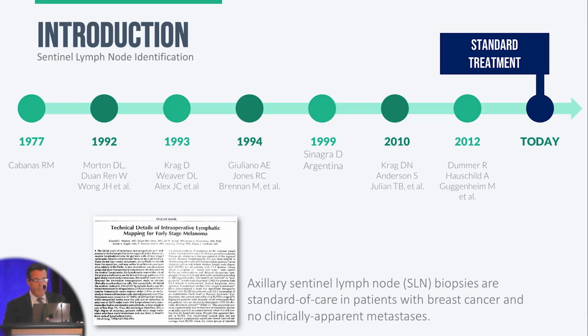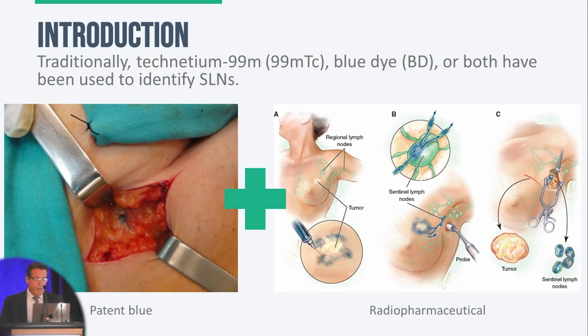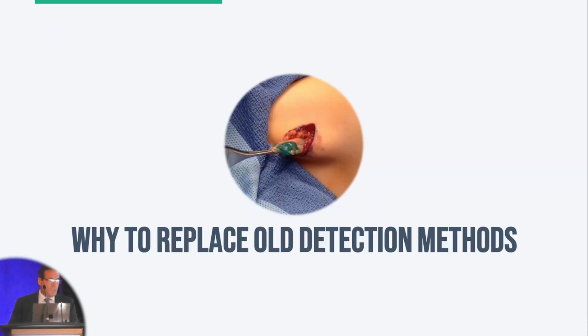This technique has become the standard of care for stratification of certain types of cancer, such as breast cancer and also melanoma. The technique for sentinel node detection has long relied on the blue dye and the use of technetium. The method comes with several advantages, such as a high rate of node identification, but also with some disadvantages, as we will see soon, primarily related to implementation challenges. So each time